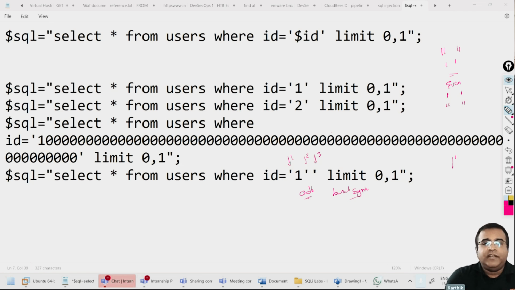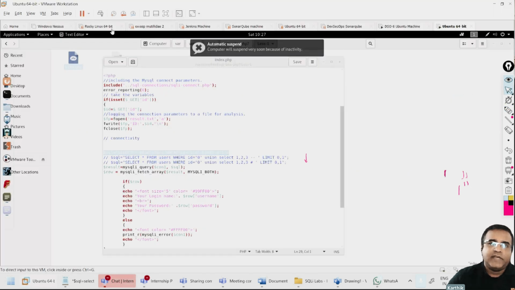Okay. The best way to know if your application is vulnerable to SQL injection or not is simple. Just go and put a single quote wherever that is there, and it will give a syntax error for you. Now, how do I know? This is the exact scenario. If 3 is breaking the single quote, if I give two single quotes, 1 and 2, then it should not break the SQL statement, right? So let's do that.